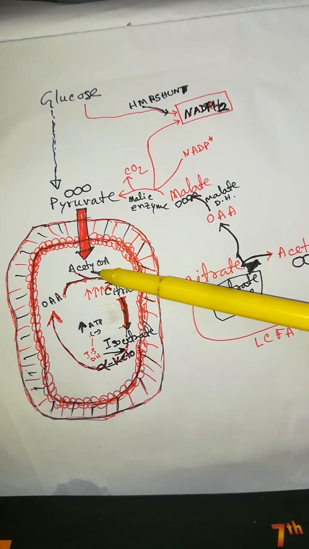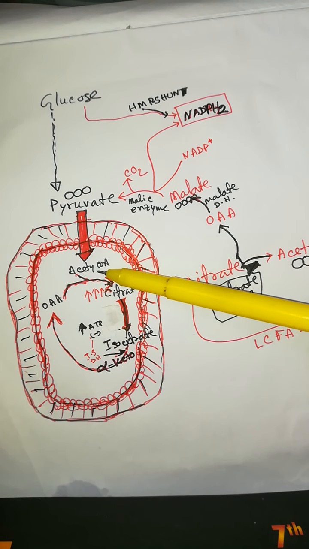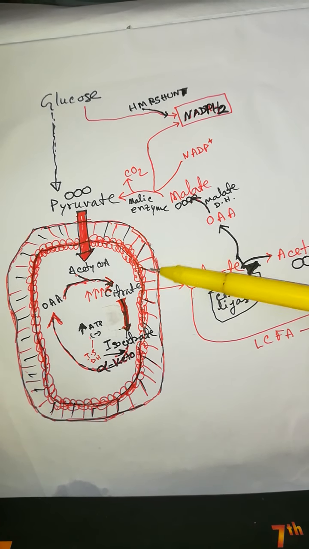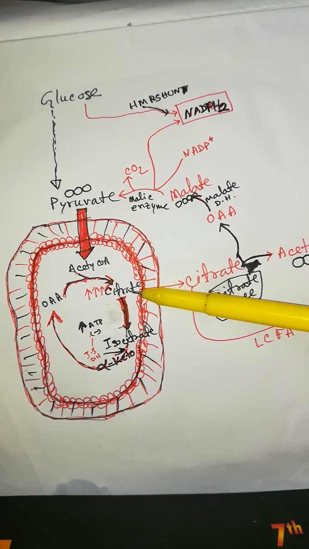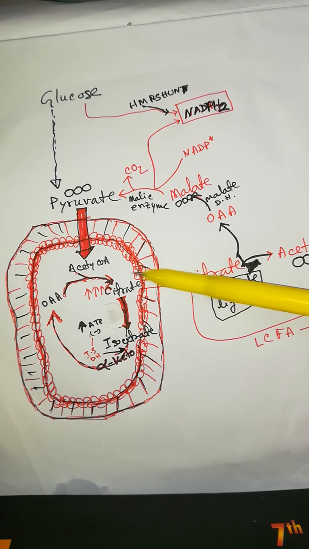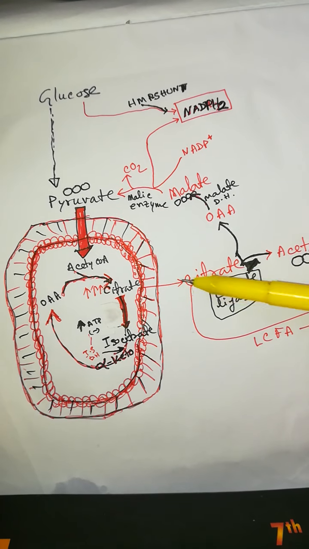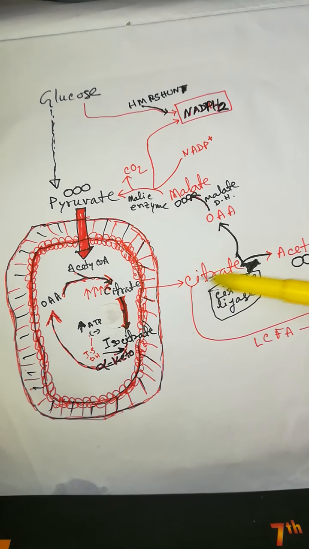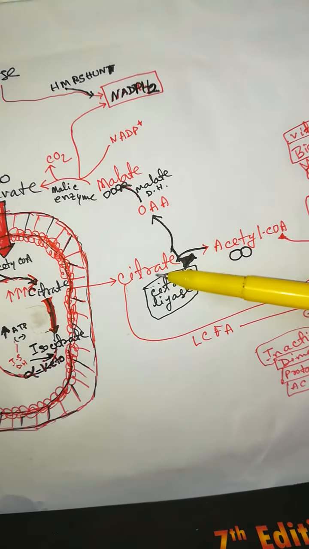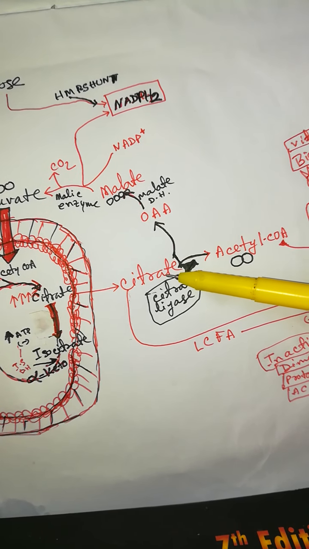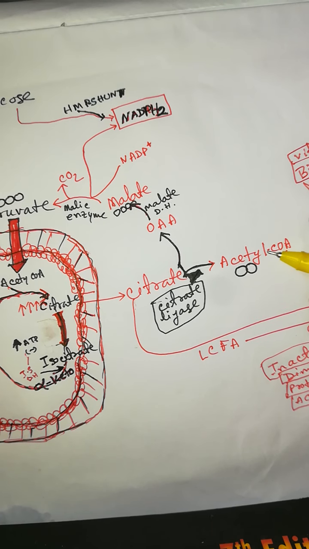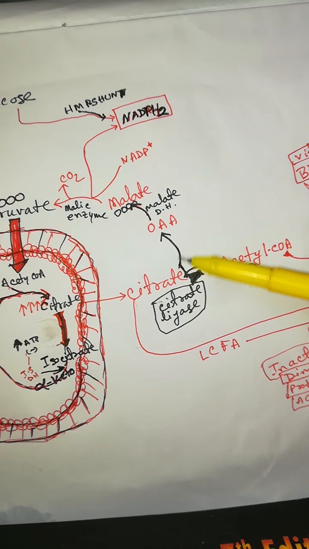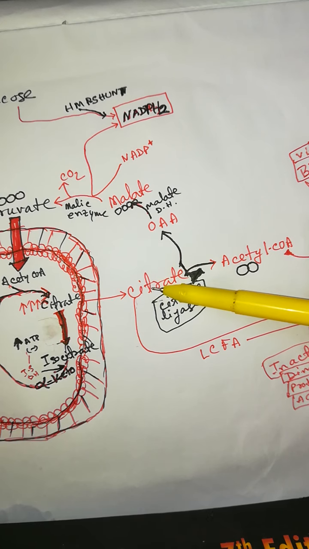This acetyl CoA is synthesized within mitochondria, but it is impermeable to the mitochondrial membrane. That's why acetyl CoA with oxaloacetate is converted into citrate, and through the citrate, ultimately acetyl CoA comes out. It means citrate comes out of the mitochondria. Here follow, citrate is now converted into oxaloacetate and acetyl CoA outside the mitochondria. This is the cytosol. Citrate comes out of the mitochondria.